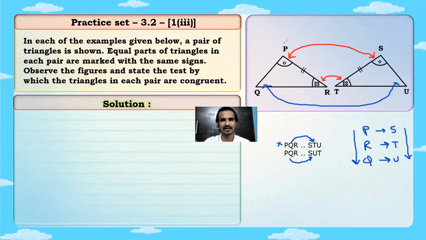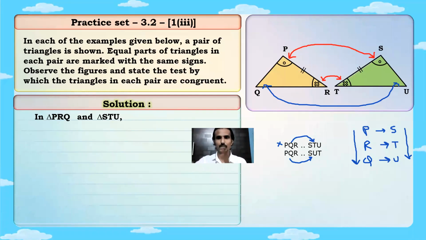So when you write down the names of the triangles, the one-to-one correspondence should be maintained. Okay, so we say in triangle PRQ, हमने PRQ लिखा. Okay, when I write the first triangle as PRQ in this order, P then R then Q, so the second triangle should be written as STU. Any doubt in this, all of you? Anyone any doubt in this? So remember the naming should be done in proper one-to-one correspondence of the vertices.